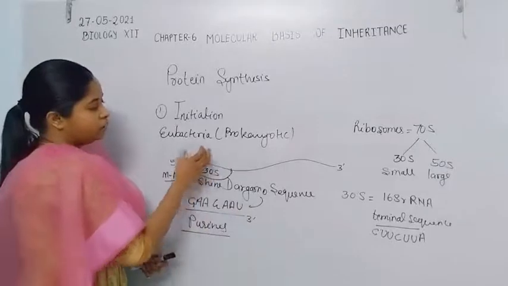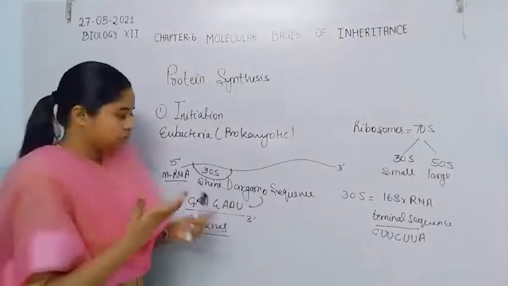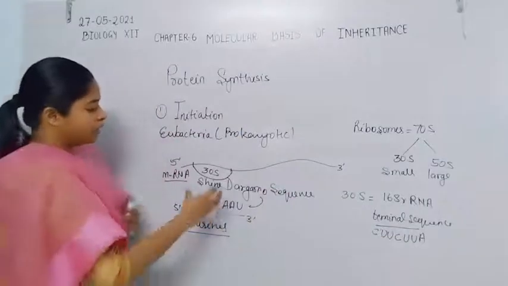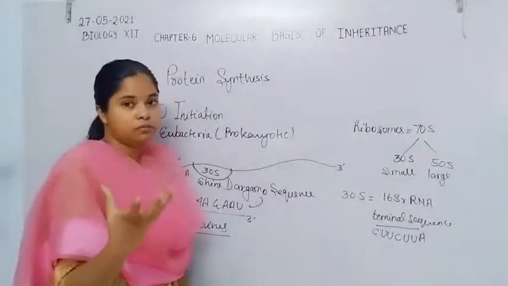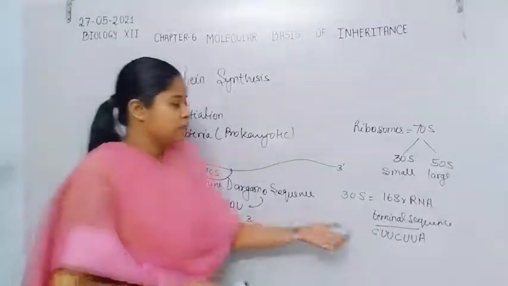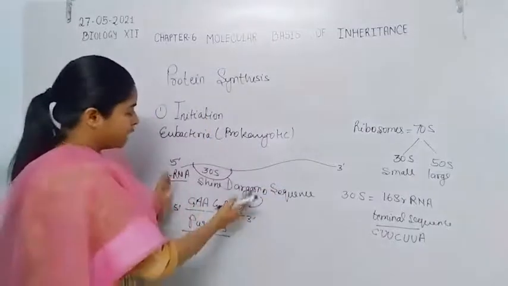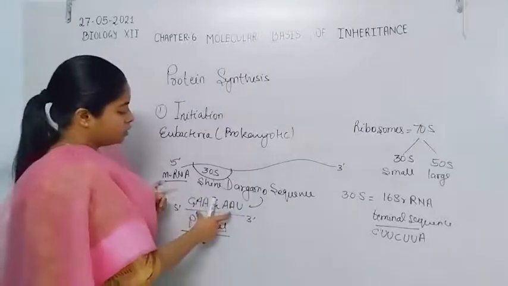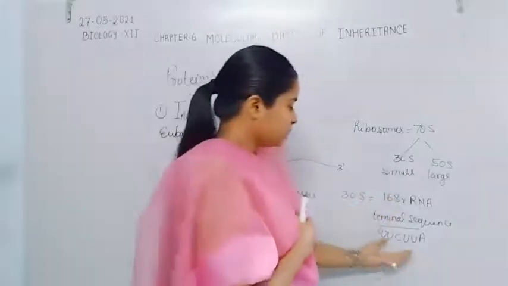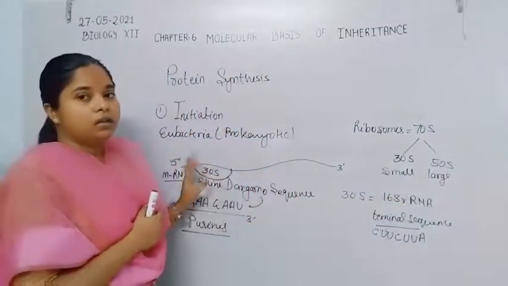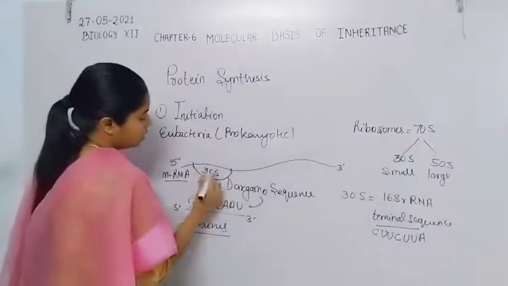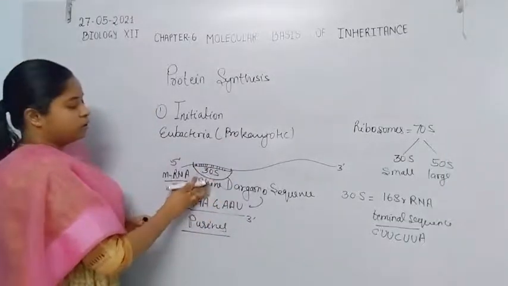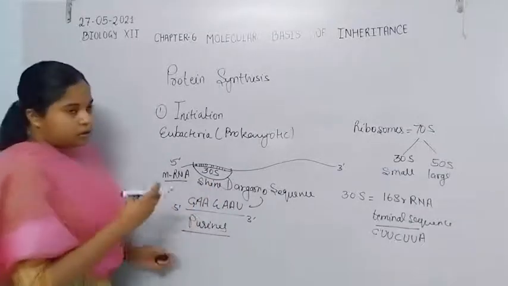the Shine-Dalgarno sequence, and it acts as a primer. Due to the complementary sequence, these nitrogenous bases form double or triple hydrogen bonds, simply an interaction between the two nitrogenous bases, and they get attached to the Shine-Dalgarno sequence through the double or triple hydrogen bonds between the Shine-Dalgarno sequence and the sequence of 16S rRNA, so that the hydrogen bonds form between the 30S ribosome and the mRNA molecule that has the specific sequence.